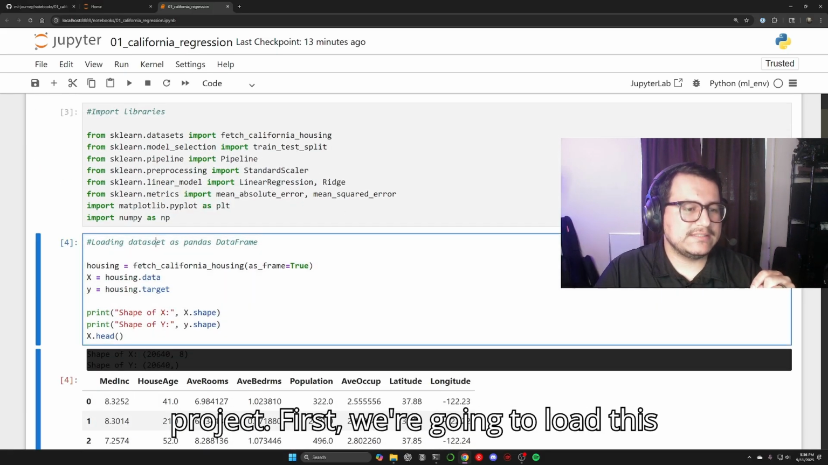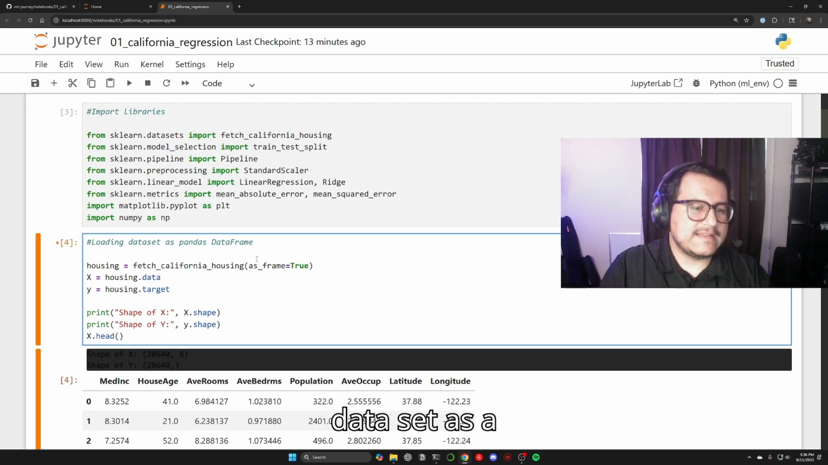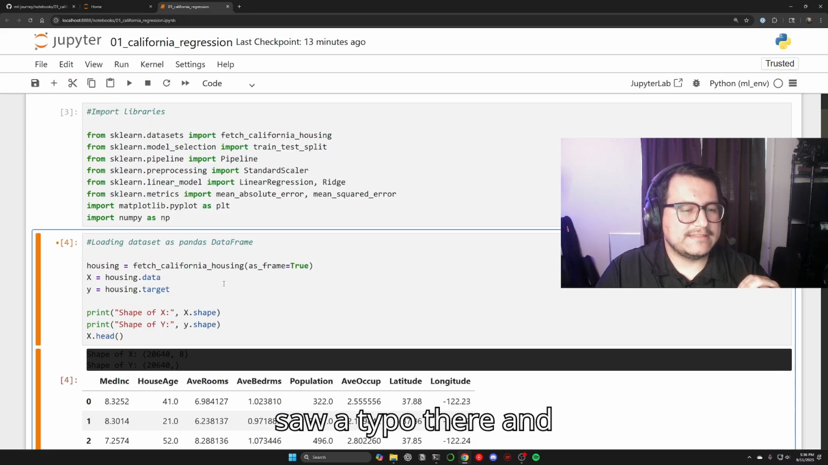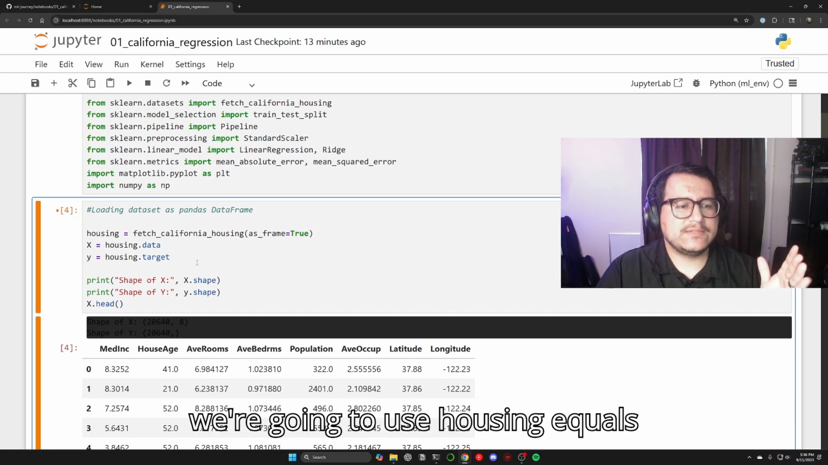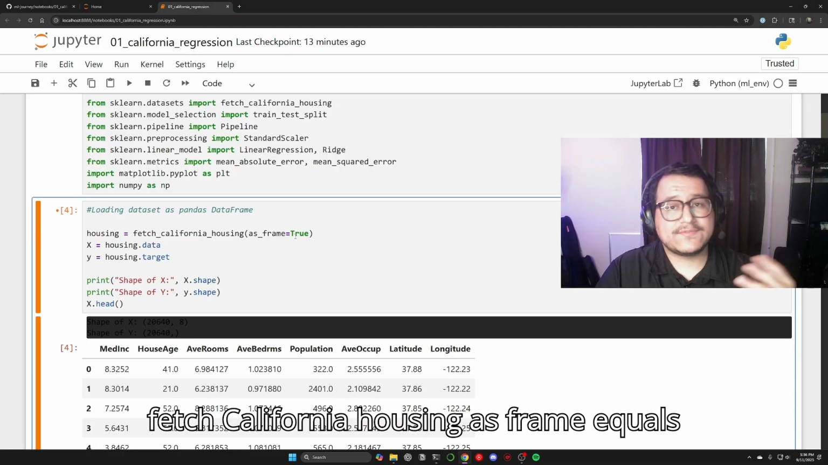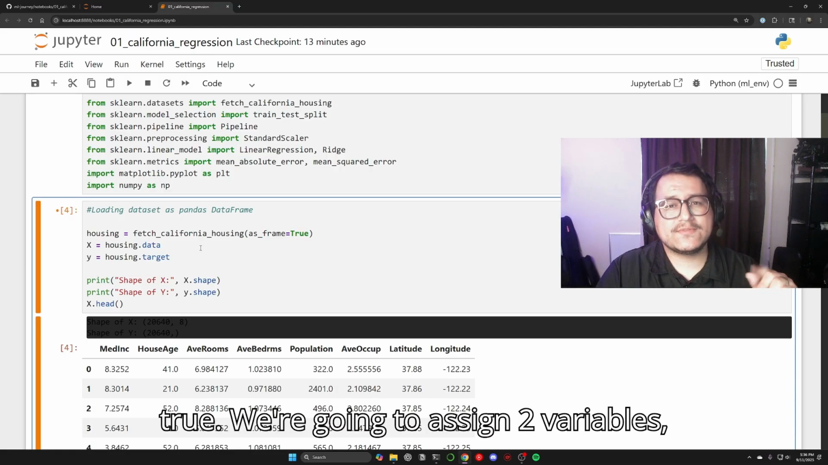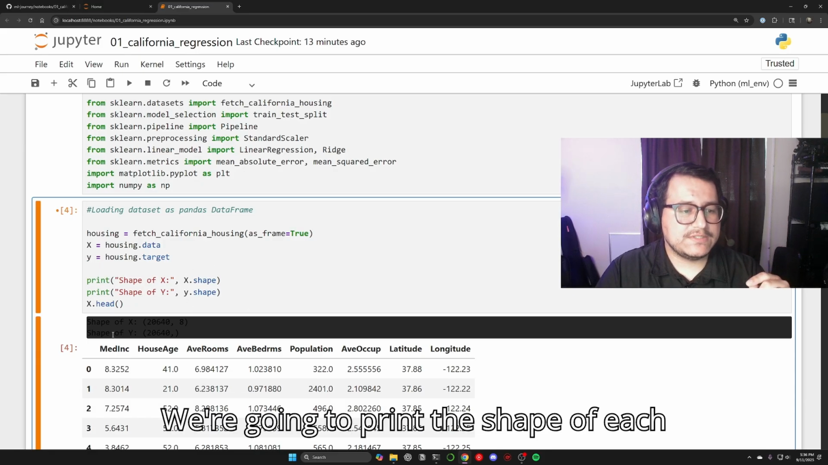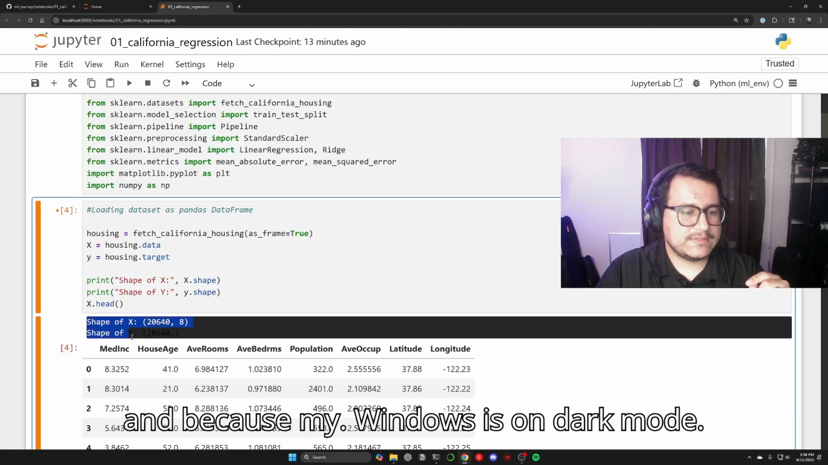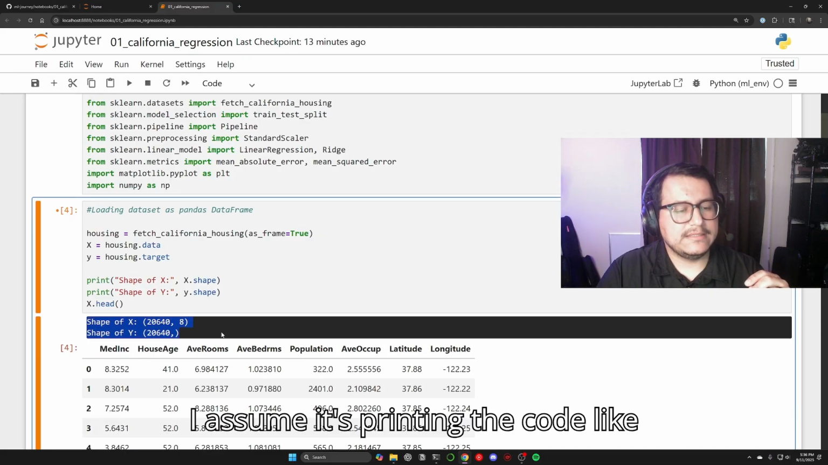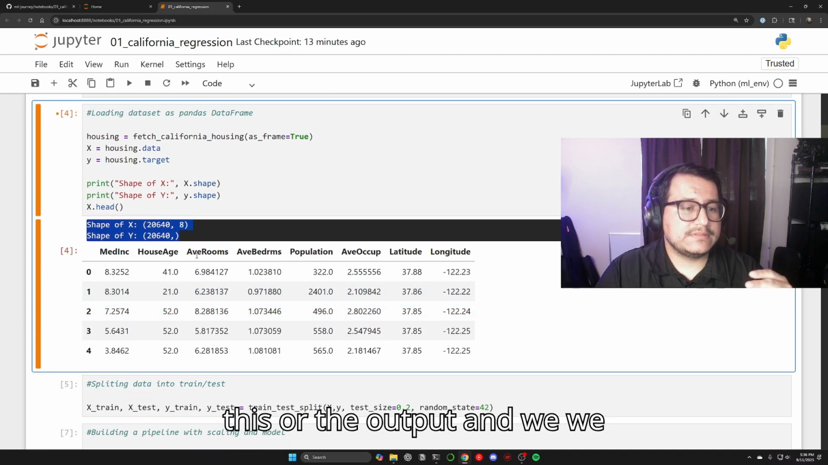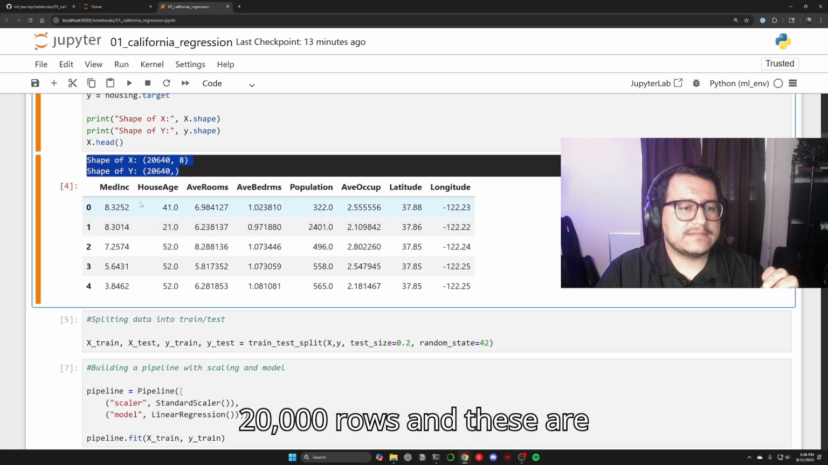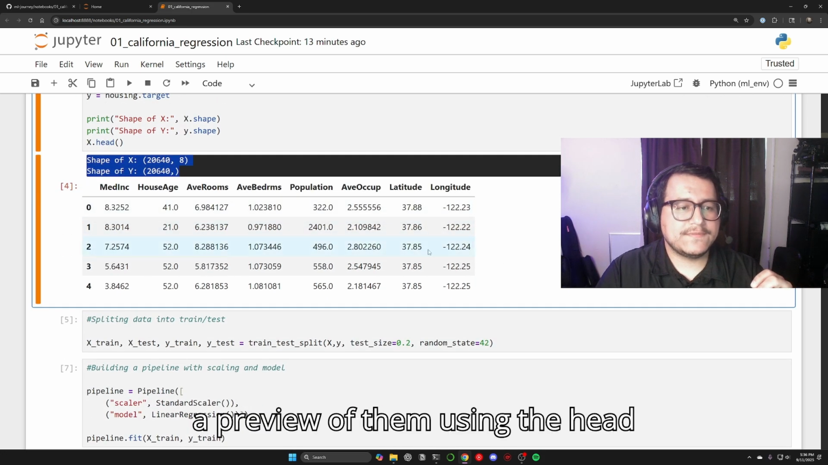First, we're going to load this data set as a pandas data frame. As I just saw a typo there, we're going to use housing equals fetch_california_housing with as_frame equals True. We're going to assign two variables, X and y, as the data and the target. We're going to print the shape of each, and we have 8 columns with more than 20,000 rows, and this is a preview of them using the head